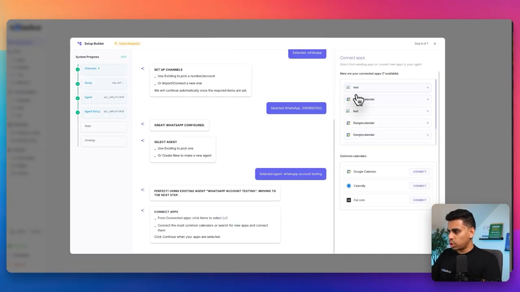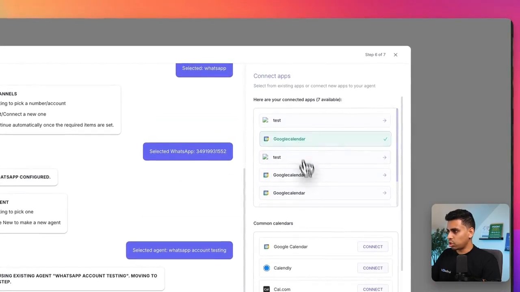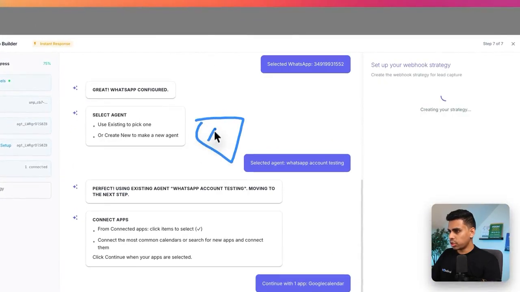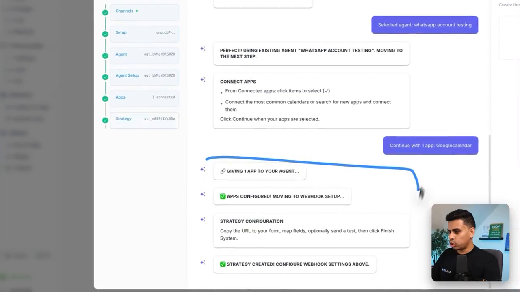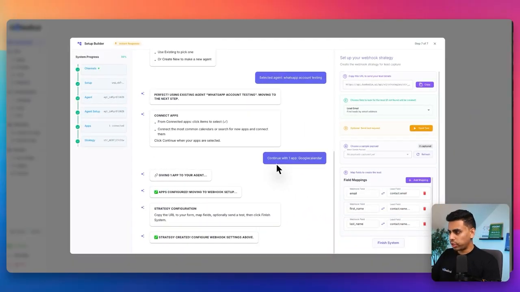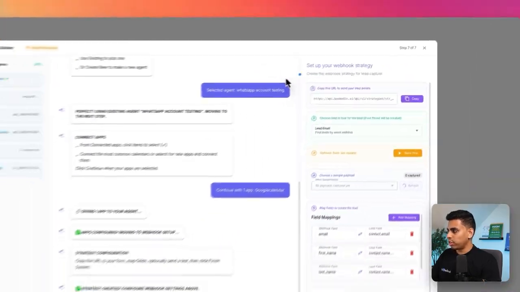Now we're so much faster because we already made these Google calendars. So let's choose the same Google Calendar and continue with the app. This is associating that agent with the app. And now it's going to create the strategy. The strategy is where we want to start following up with the leads. And now, since the strategy is done, which you didn't really have to do anything about,